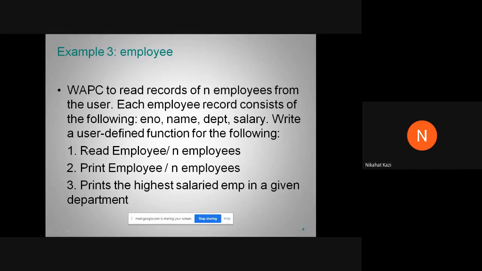That is just a revision of the same, but for another structure, that is the employee structure. And lastly, a function which prints the highest salaried employee in a given department. So the third function, you have to print the highest salaried employee in a given department. Okay, so let us see how to solve this question.